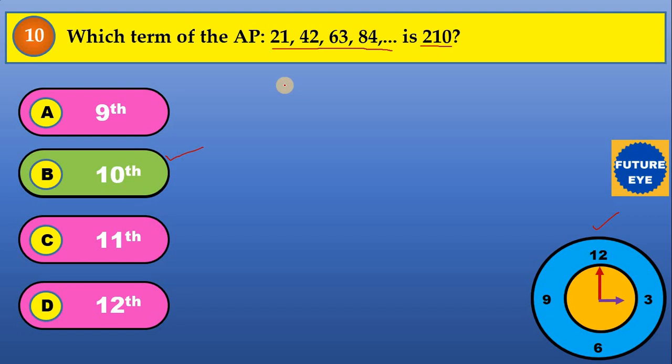So understand the problem here. We have to find which term, means the n value we want to find. So to find the n value, the A value we need, that is 21. The D value we can easily find because the terms are given. So first let us find the A value, 21. Next the D value, that is 42 minus 21, again 21 we have got. Consider the nth term finding formula. Now substitute all the values that they have given. And the an value is also given, children, 210. Don't forget that.